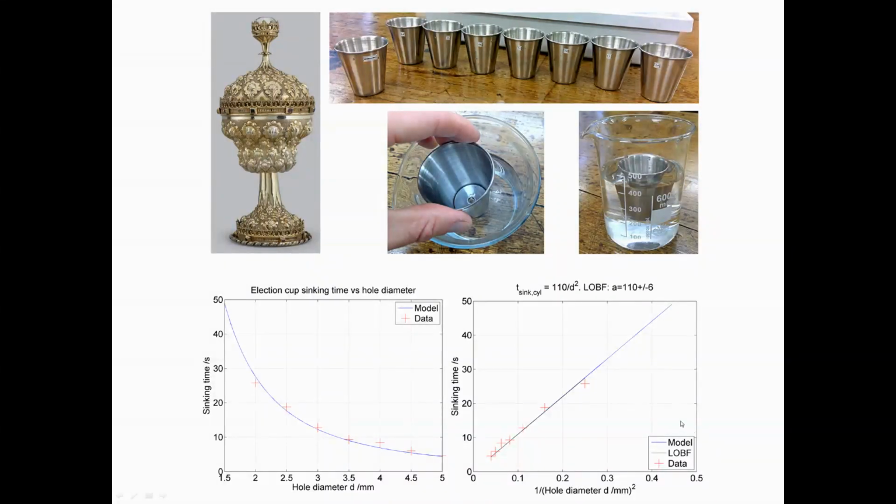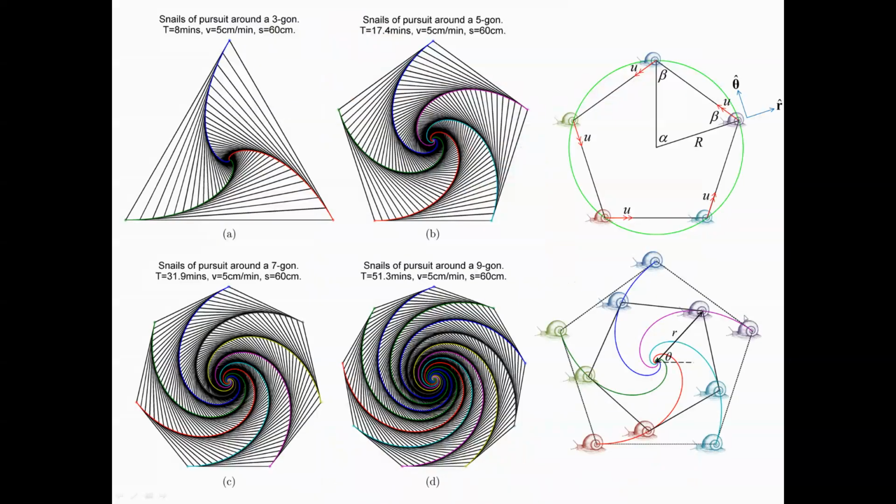So, introductory chapter. An example of an experimental analysis process via espresso cups. The time it takes a cup to sink varies as the inverse square of the diameter of the hole drilled in the base of the cup. And we can do lines of best fit and follow the data processing pipeline as a result. Snails of pursuit can only move at fixed speed but can change direction. A powerful gastropod pheromone causes them to chase each other. Their initial polygon arrangement will therefore rotate and contract until the snails meet in a writhing, slimy mess. This is an example of mathematical modelling, and importantly, the importance of visualisation.